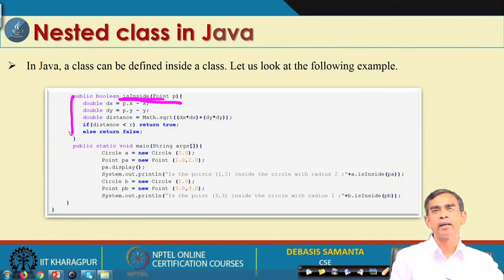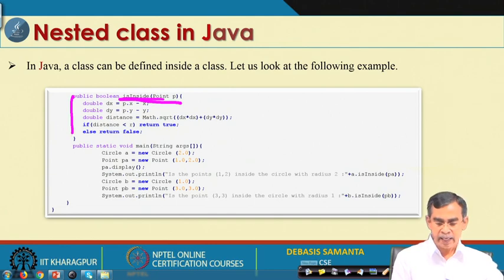The method decides whether a point is inside the circle, on the circle, or outside the circle. It is a very simple logic that you can follow. It computes the distance from the center of the circle to that point. If this distance is less than the radius of the circle, then it is inside. If it is equal to the radius, then it is on the circle, and if it is greater than the radius, then it is outside.